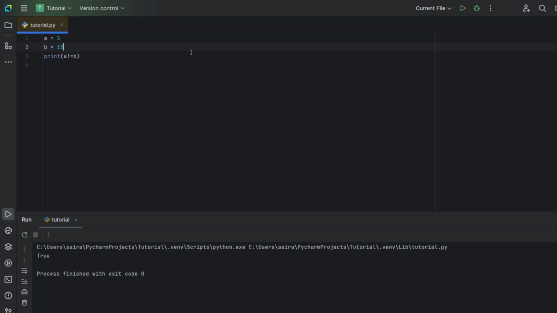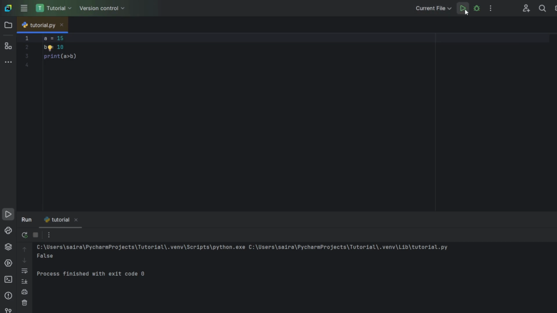Now, our next question is whether two arguments are greater than each other. You can ask this comparison using the greater than operator, which is this. It's quite similar to the one which we use in math. So here, if we take A greater than B, we'll end up with a value of false.